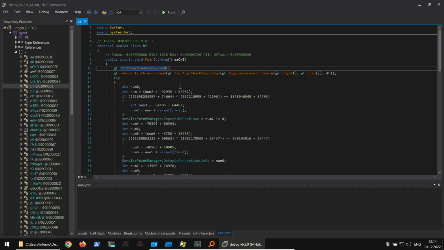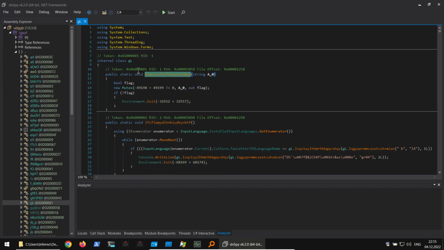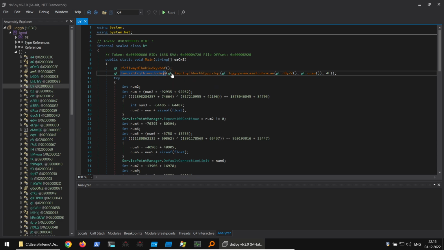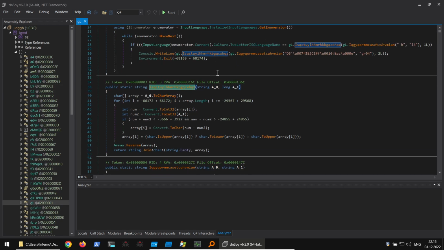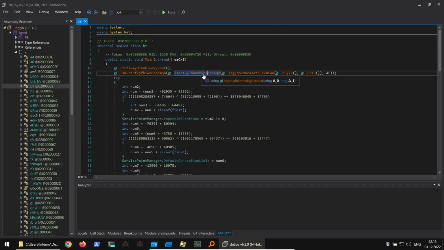So what actually happens here? This is some kind of method, and you can see that here is some kind of string which will serve for mutex creation. But what does this function take? Some string, and the string is produced by this function. This function takes one string and an integer 64, a long, and produces a string. So basically, the funny or tricky thing